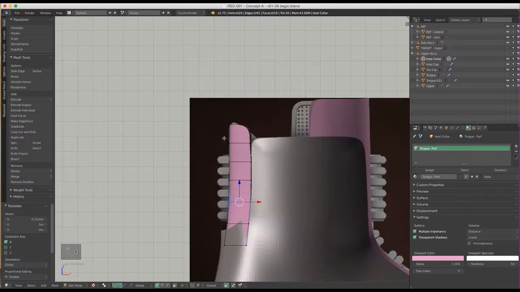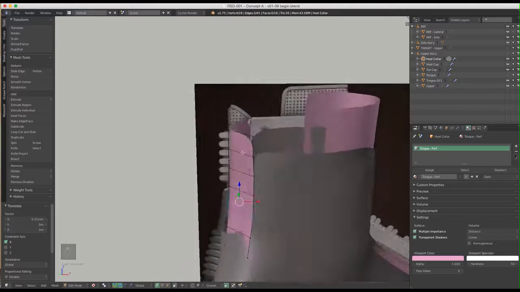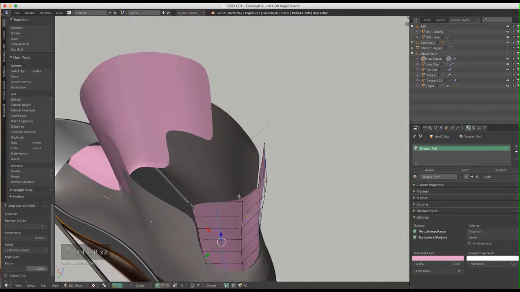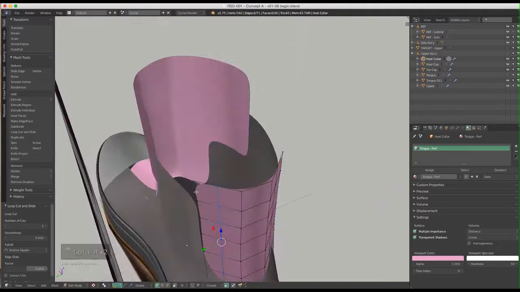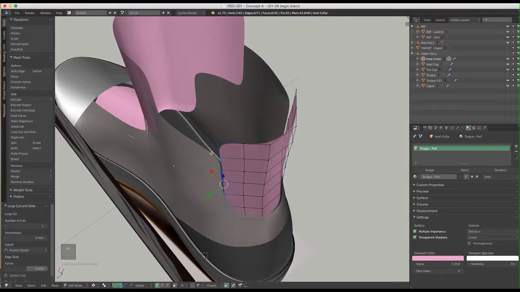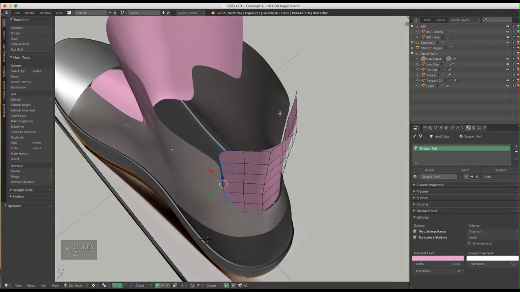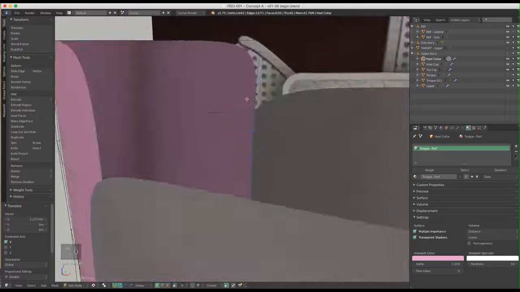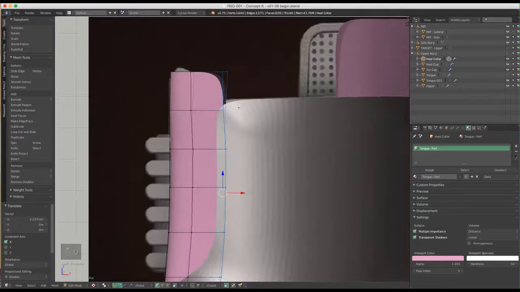So we've got to work on the shape of this back edge, and then probably add another loop here and here. That same game where I'm going to tap G twice and then hold down Alt just so they can extend a little farther. Actually, I'm not going to do that. I'm just going to drag them forward along with this edge. Yeah, and it comes in